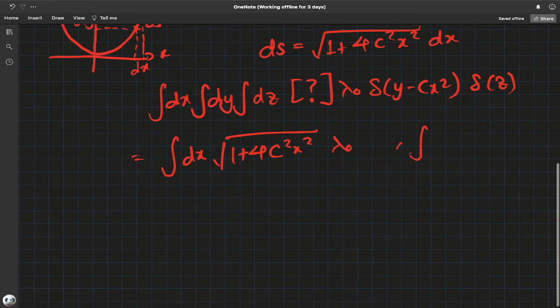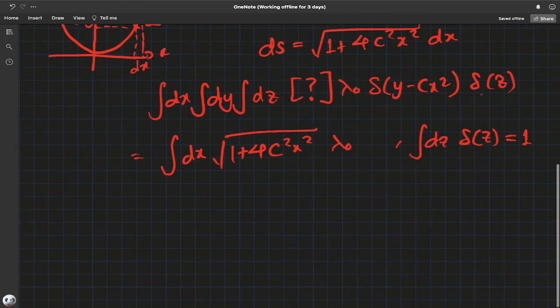Plus we also know by definition that the integral of delta z dz is 1. So in the top one, the z integral goes to 1. All we're left with is, I believe, well, even this delta of y minus cx squared leaves the y integral at 1. So all we have is dx, this question mark,